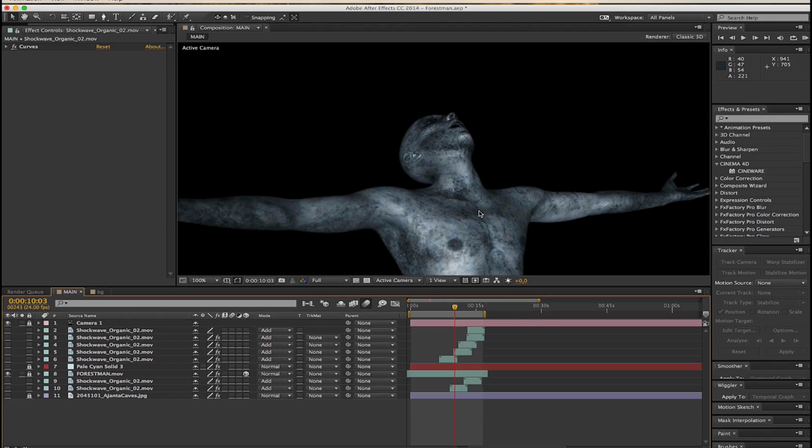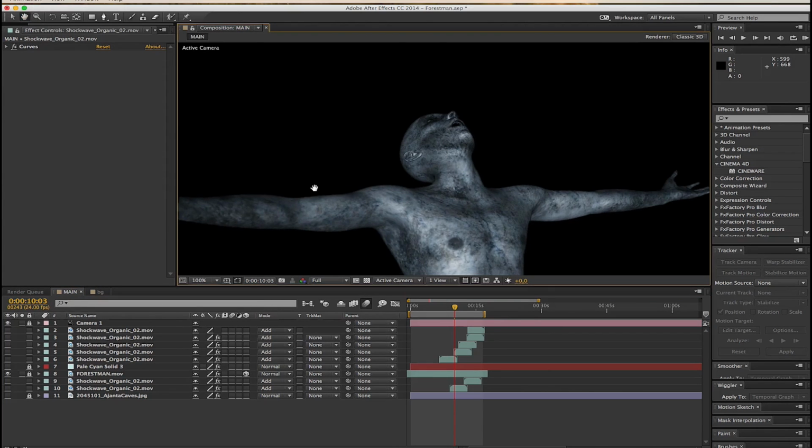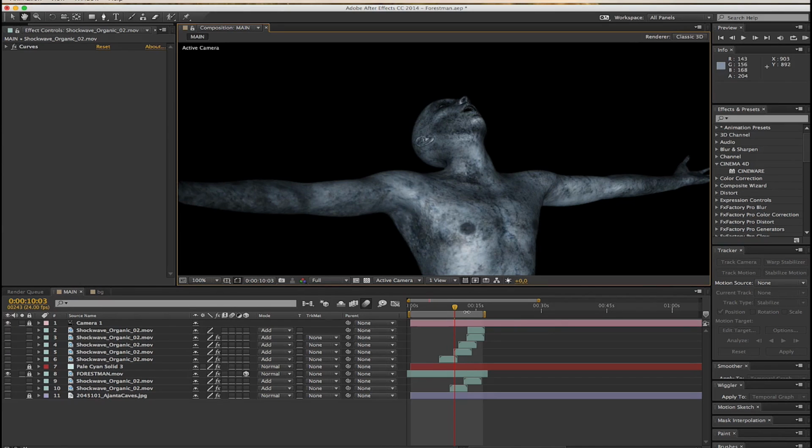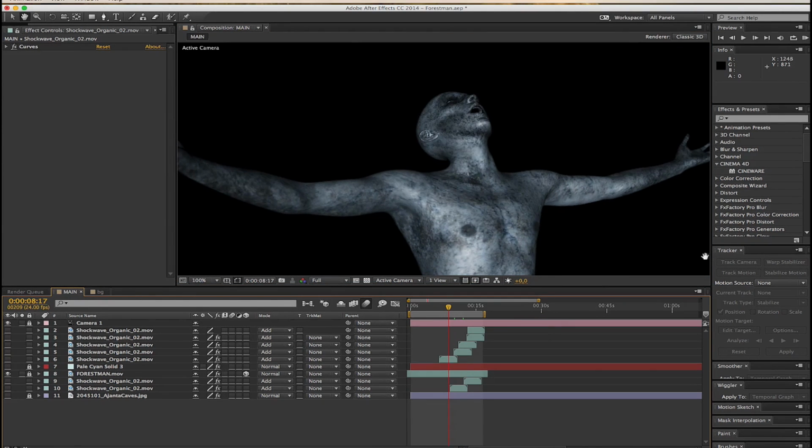It doesn't matter what kind of 3D program you want to use. I work with Cinema 4D because Cinema 4D is my stuff. I like it a lot because, as you can see, we have Cineware here. This is a plugin that lets you open your project in After Effects, and you can switch between both programs. So if you change something in Cinema 4D, it will be automatically updated in After Effects. That's why I work with both of these programs. I really love that. I work a lot with others as well, but